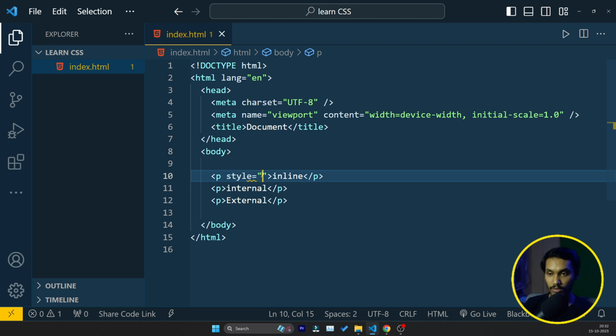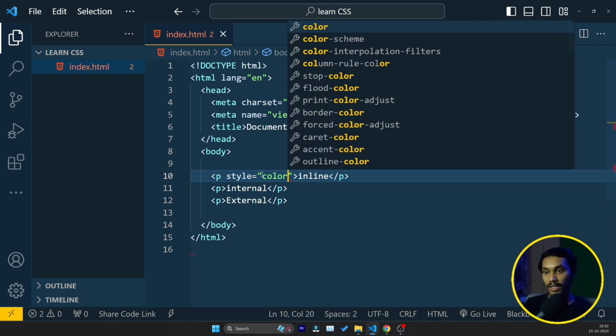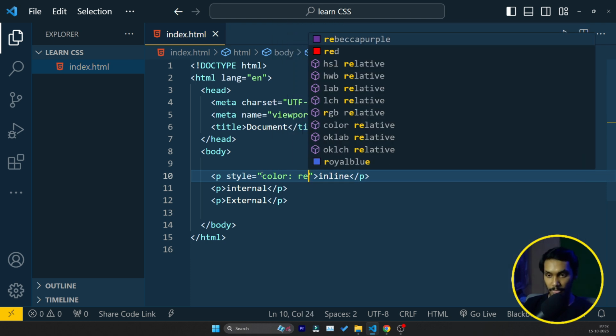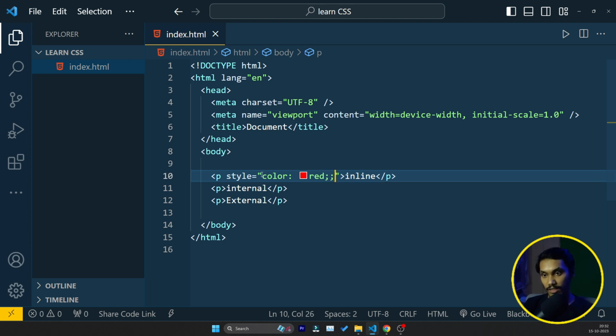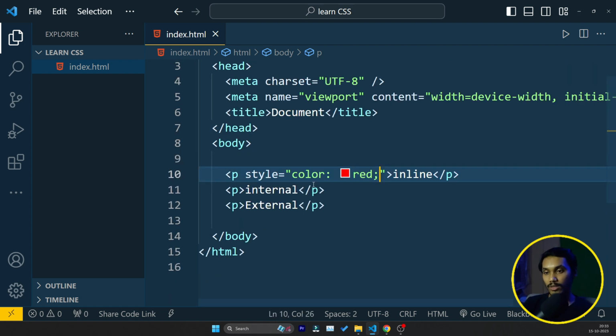Suppose I want the color of the text to be red. What is the syntax? Don't worry about that. I'm definitely going to teach you. But right now I'm teaching you the inline CSS. But on the other hand, we can also learn what the syntax of the